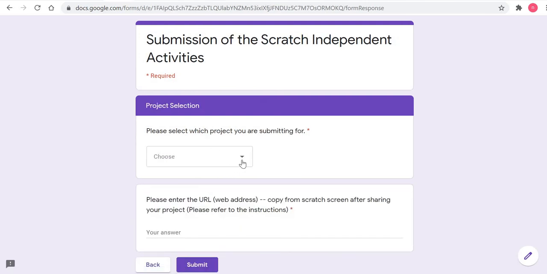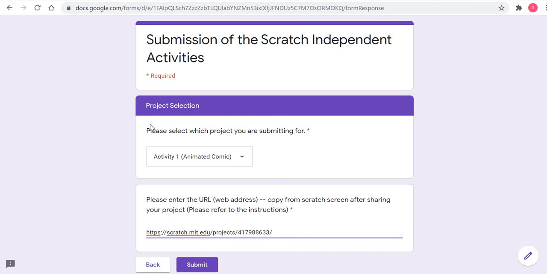Next, you will get a drop down on which project you are submitting for. Remember, there are many activities in this course, so we have to know what you are submitting for. So you select whatever project you are submitting. Now we want you to place the web address that you had copied previously here. So here I'll press Control V and I'll get an address like this.